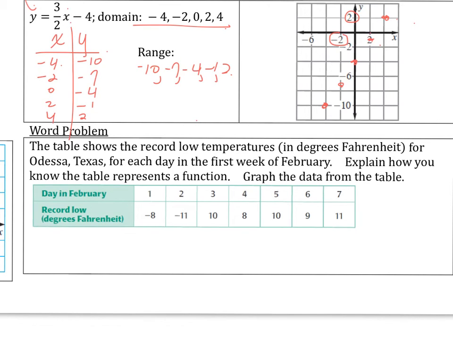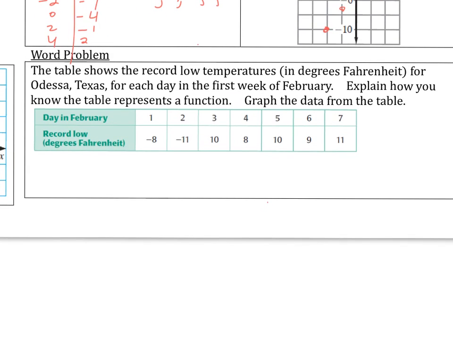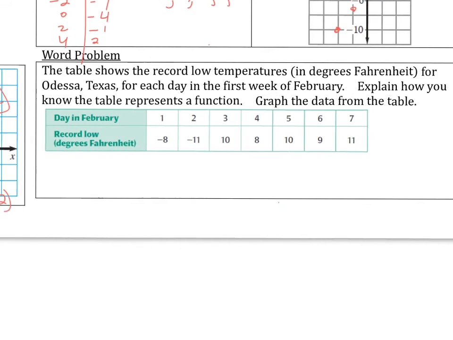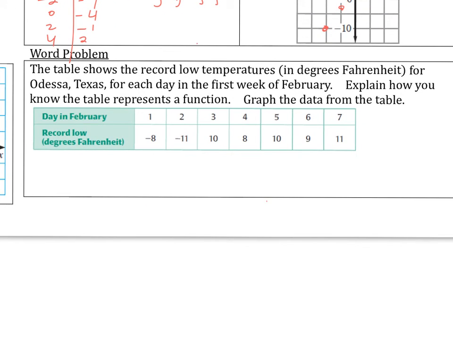Word problem. The table shows the record low temperatures in degrees Fahrenheit in Odessa, Texas, for each day in the first week of February. Explain how you know the table represents a function. Graph the data from the table. Okay. I know this is a function because